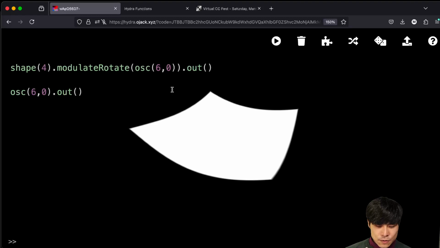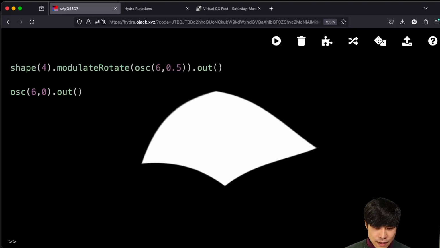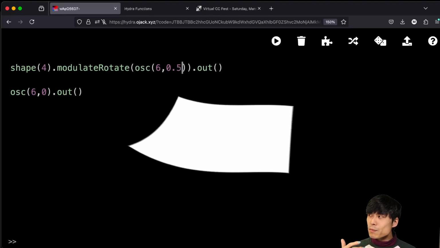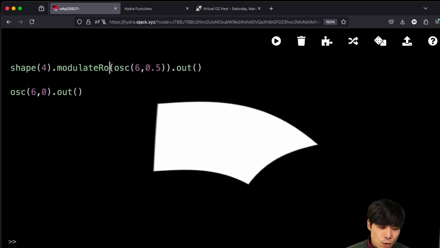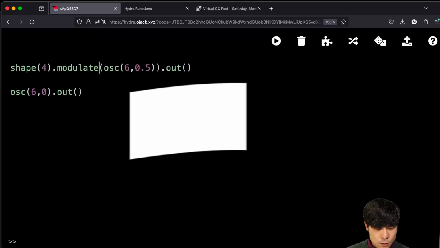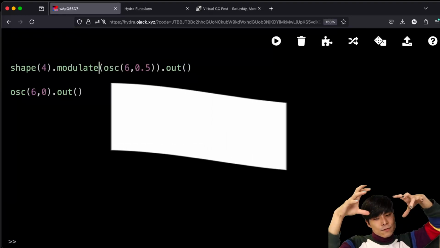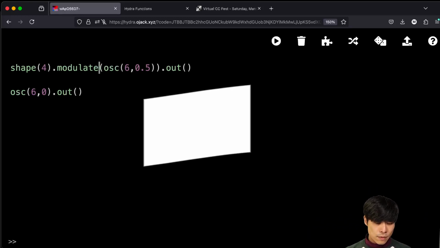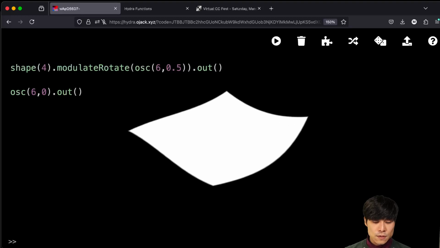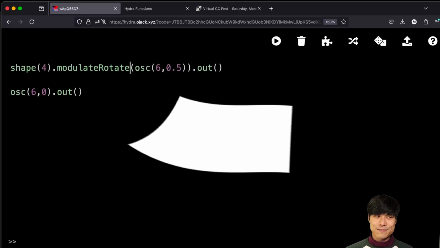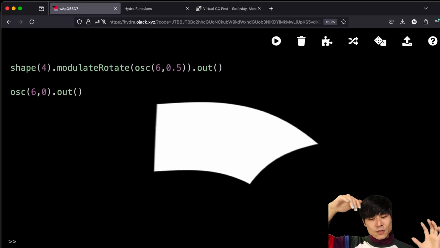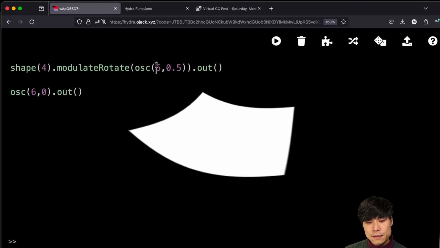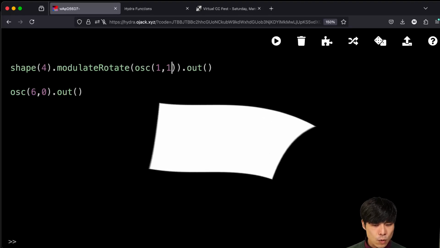I think I need to add some kind of movement here. And you can actually start to see that it is not modulating in a sense like how we saw modulate. Oh, this one, yeah, this is now deforming, smudging the shape, the square shape. But if we say modulate rotate, you can actually start to see this order, or principle, that it still has this squishiness, but it's rotating the shape in a way, and it's more prominent if you make it more